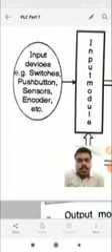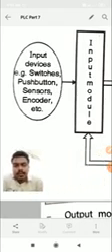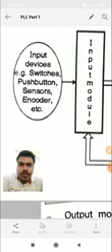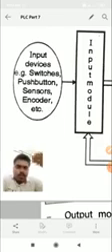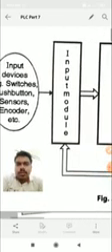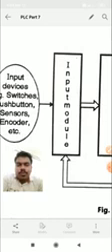So this is the basic structure. And the first one is the input devices. Which input devices can we provide to the input module? These are the switches, push buttons, sensors, encoders, etc. Second one is the input module. The input module is the most important because through this input module we take the input from the unknown sources, from the process which we want to control, directly to the input module.